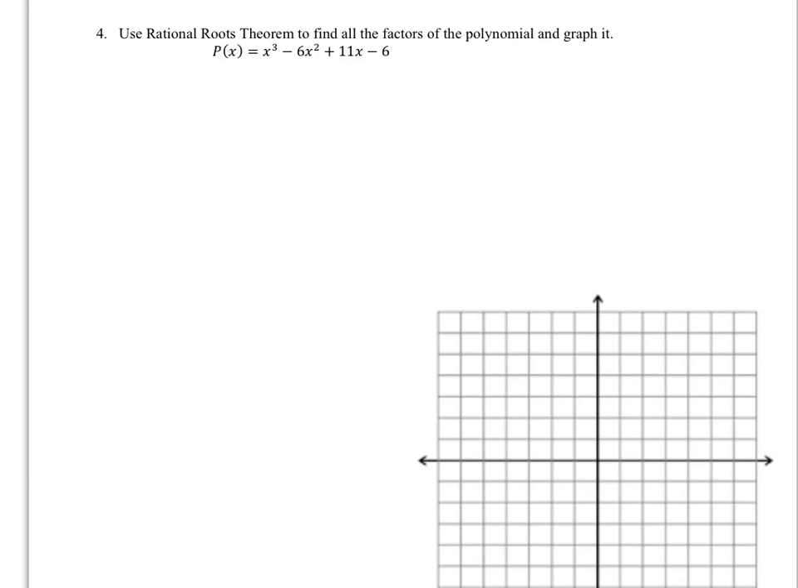All right, guys, let's talk about question number 4 that talks about the rational roots theorem. This question's asking us to use the rational roots theorem to find all the factors of the polynomial and graph it. Now remember, our rational roots theorem is that our possible factors, or our possible zeros rather, aka roots, are